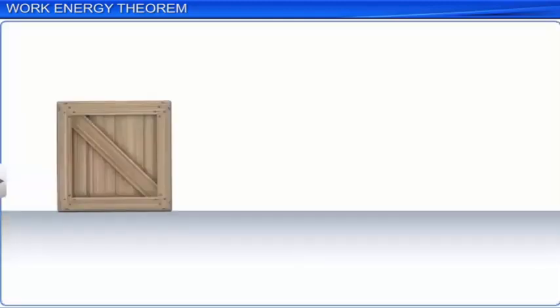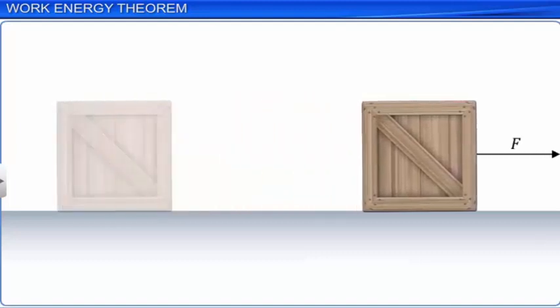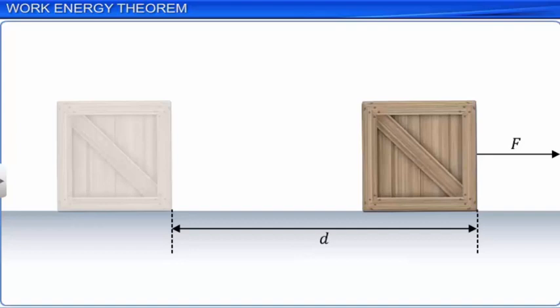Consider a wooden block which is at rest on a horizontal surface. When the block is pulled by an external horizontal force F, it is put into motion and is displaced through a certain distance d, and we say work is done on the block. Let's consider a second case,